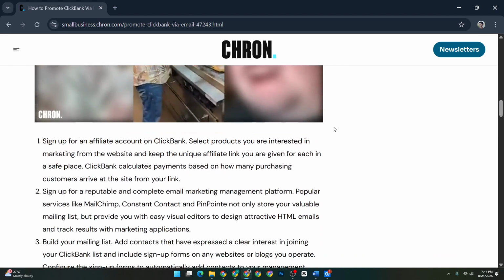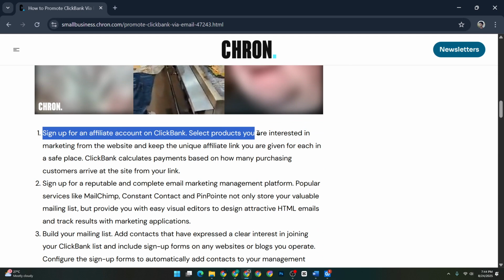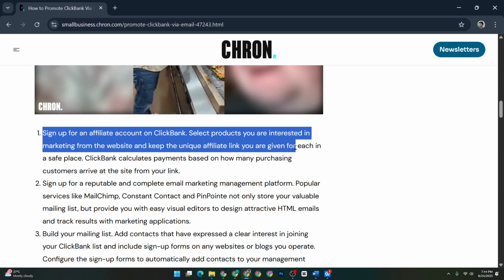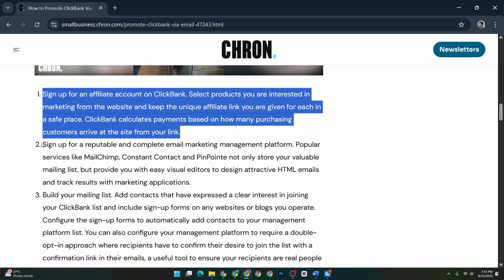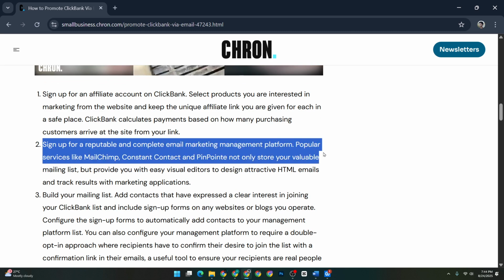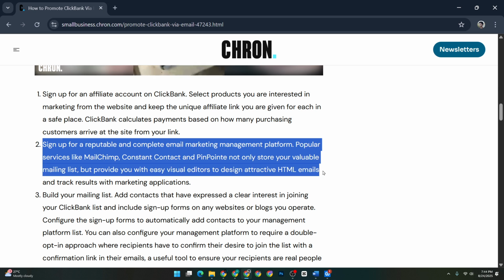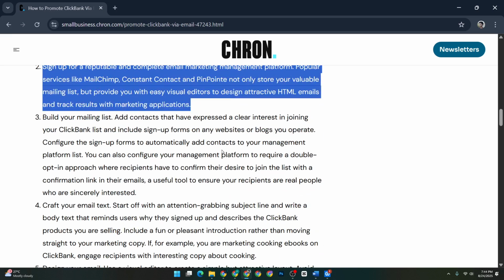The secret to success here is picking products that truly resonate with you or align perfectly with your audience's interests. For each product you choose, a unique affiliate link is provided, which is the lifeline of your promotional strategy. This link is vital because ClickBank tracks sales through it and compensates you with a commission for each transaction made via your link. It's crucial to keep these links organized and secure, as they are the direct conduit between your